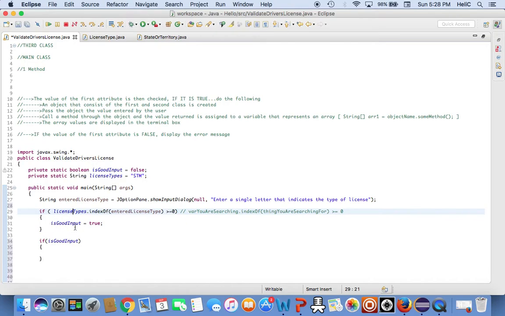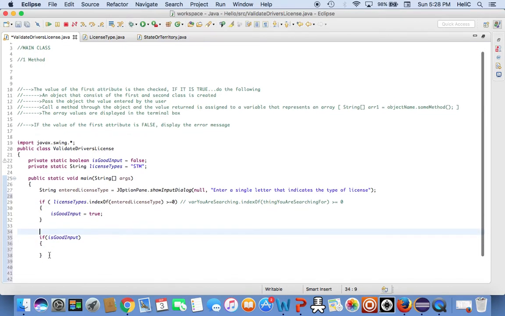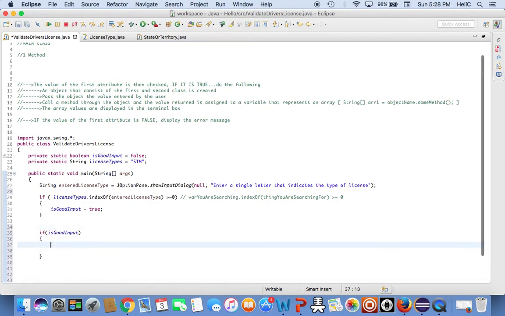So then if you don't execute this if statement, is good input remains false. So then when it's false, it's not going to do the following actions for when it is true. It'll do the action of false, which is to display an error message, and that's how we're setting that up here. But we're just going to code out the true part. So if it's true,